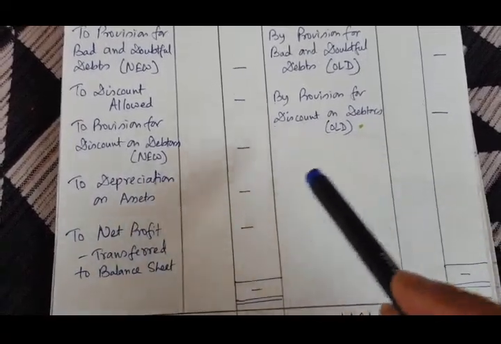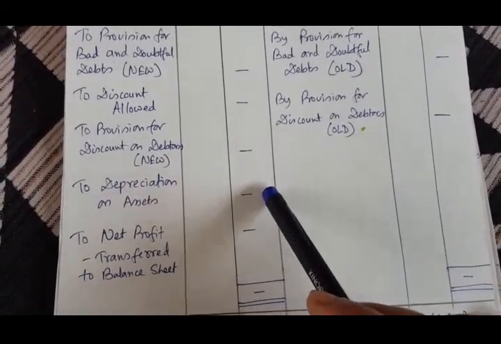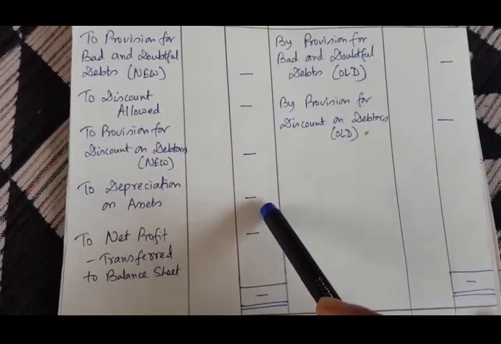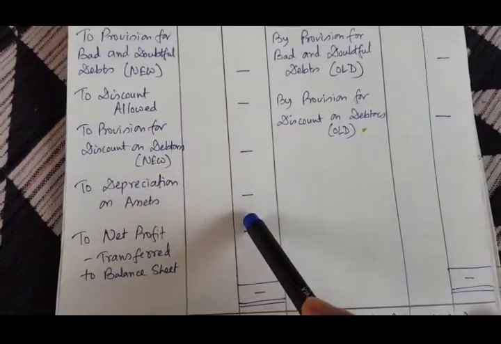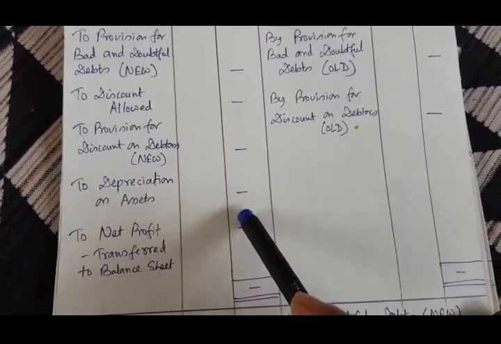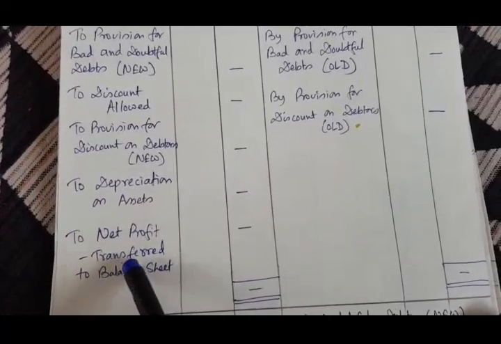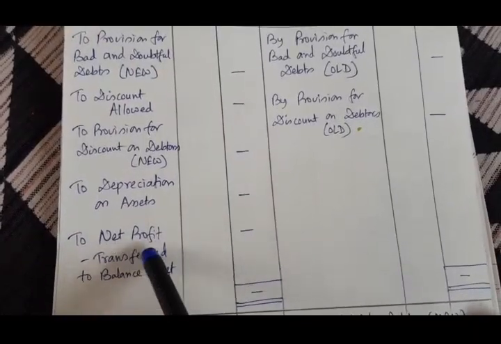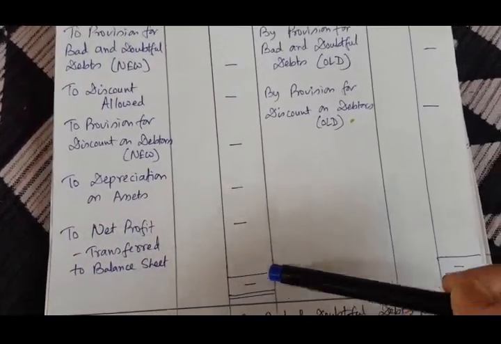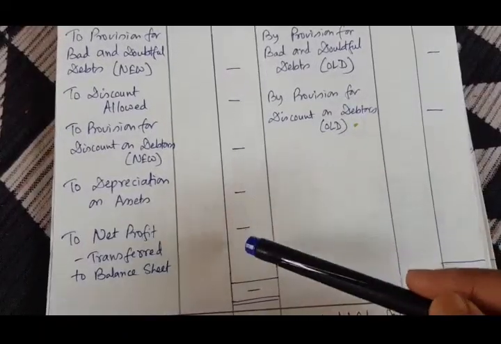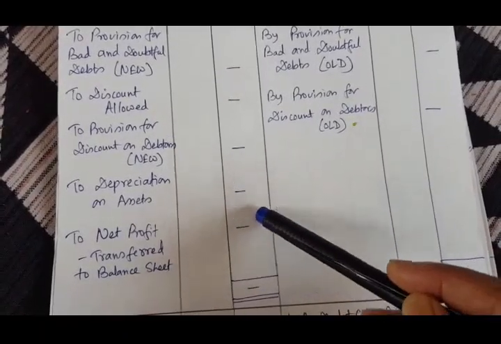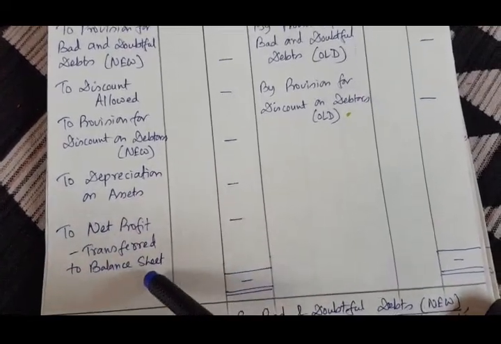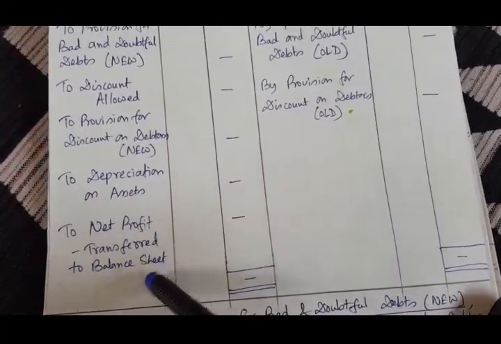So income is more, expenditure is less. That means there is again a profit. And now this profit which we are getting from profit and loss account is called net profit. What does it called? Net profit. So net profit we are getting from our profit and loss account. We have to write like this, net profit. So balance will be 10 lakh minus 9,80,000, 20,000 will be your net profit, which we have to put here, and we have to write like this, transfer to balance sheet. We have to transfer this profit to balance sheet.